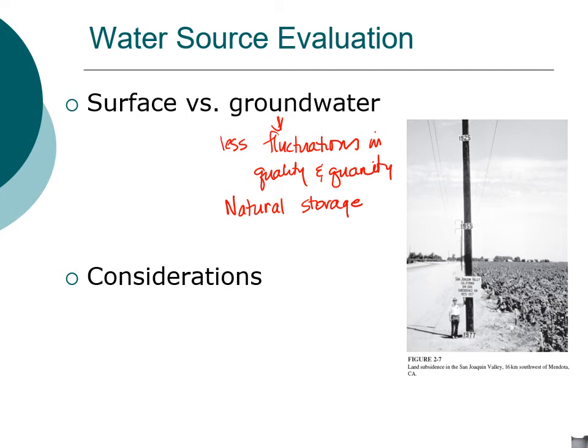So the aquifer itself is providing storage. You don't have to build a reservoir to store that water. And it also provides protection. So the water that actually moves through the ground is naturally filtered, so it tends to be less contaminated than